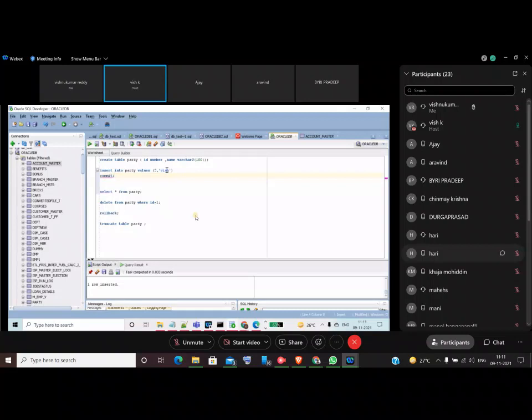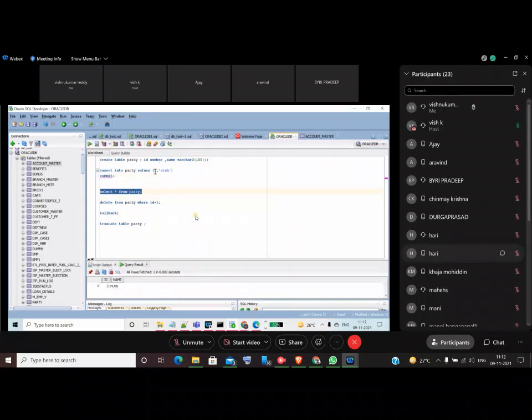Suppose you are going to deposit some amount in the bank through the ATM machine. It will count your notes. At last, it will ask you whether you want to deposit or cancel the transaction. If you want to cancel, that means rollback. If you want to deposit, yes, you have to use the commit. That is the purpose of commit. Commit means the data is directly committed.